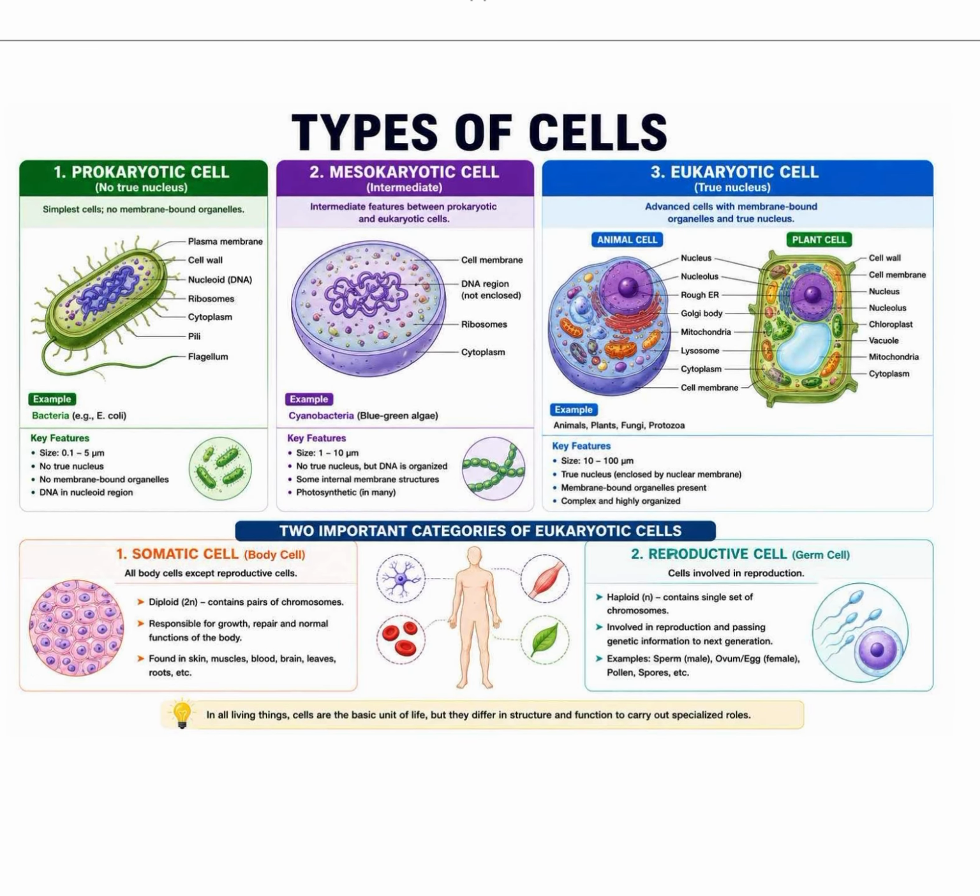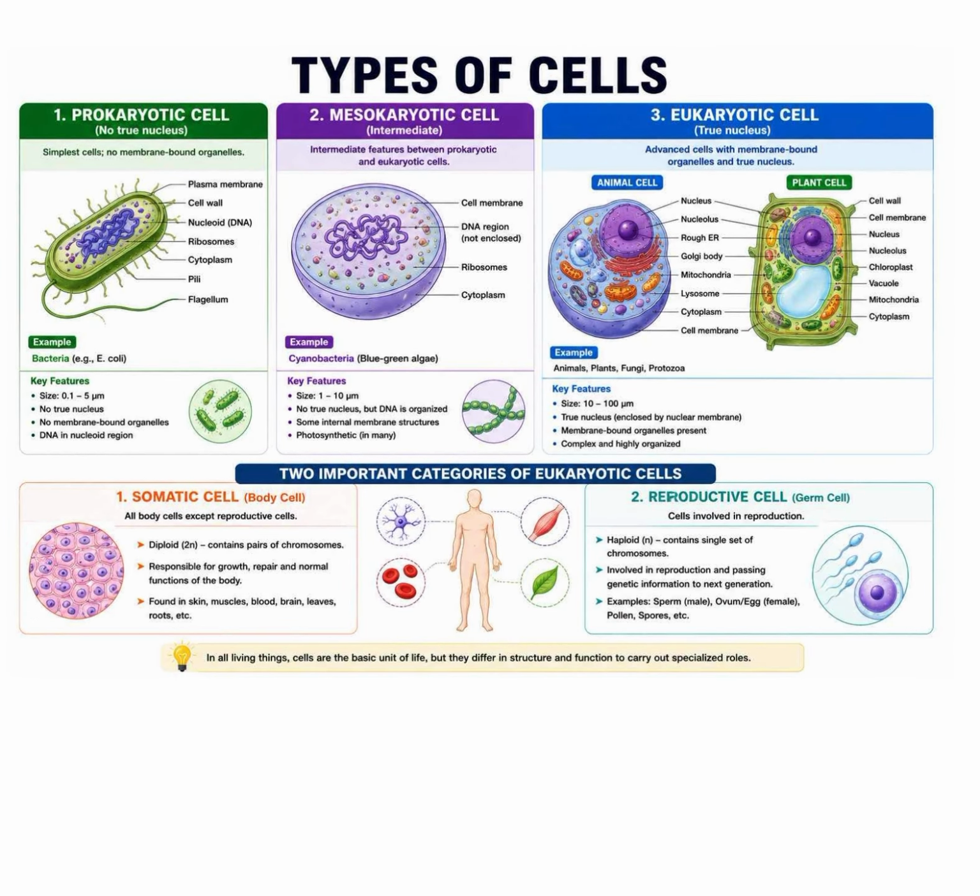Next, types of cell. You already know prokaryotic, mesokaryotic, which is intermediate actually, and eukaryotic. What is prokaryotic cell? There is no true nucleus. Yes, genetic material is present. We call it nucleoid, or you also call it naked DNA, which is swimming in the cytoplasm.